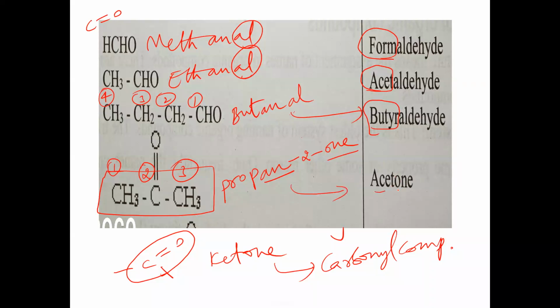Acetone. 'one' is the secondary suffix. So acetone is what now? The common name of propan-2-one. To remove nail paints, we use a liquid called acetone. This acetone liquid is used to remove nail paints. Okay, so acetone has the IUPAC name of propan-2-one. Is that clear now? So that is about acetone.